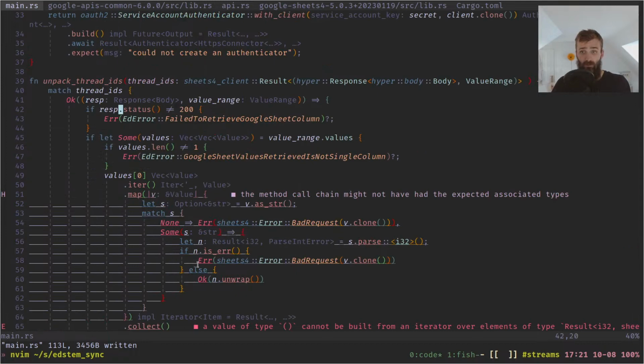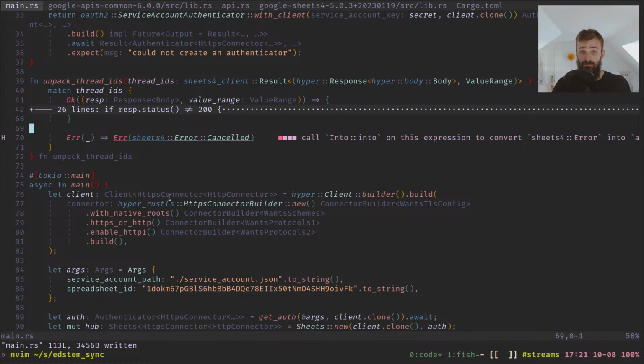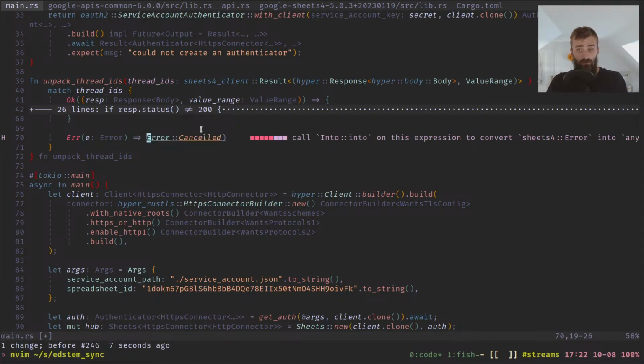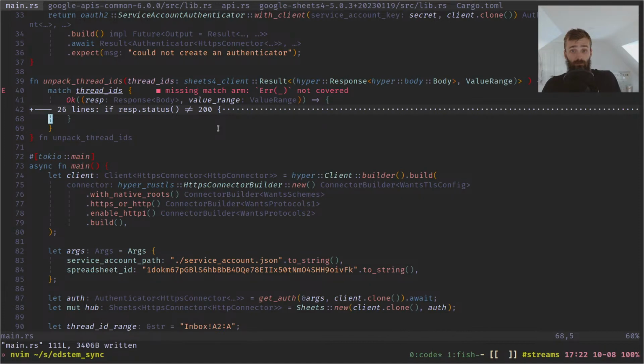Okay, so match, if I get to this case, there's some sort of error that's gone wrong with Google Sheets. So I can say error E. Yeah, I've got a match statement here that unpacks this into an OK and an error, but now that I've got proper error handling in this function, I can do this no longer as a match statement, but just propagate whatever error comes out here up through a slightly different control flow, and I just need to remind myself of what it is. It's something like